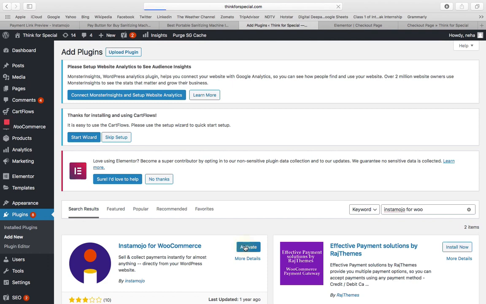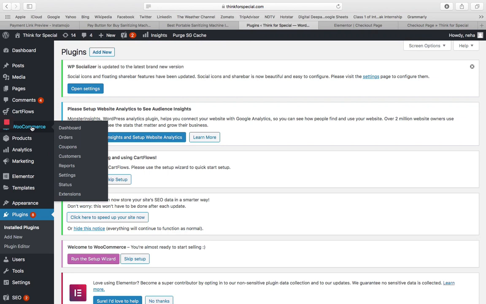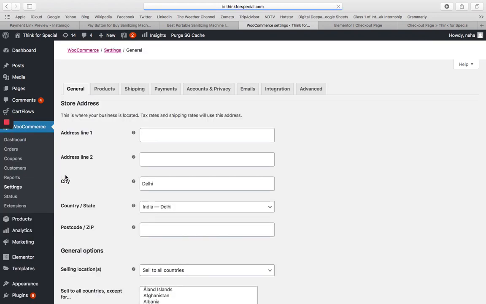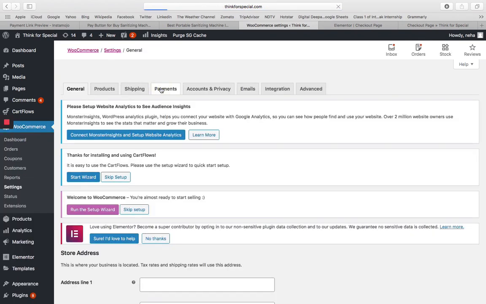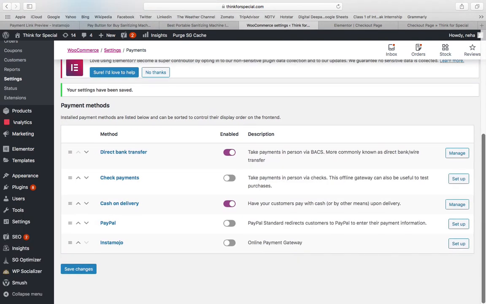So now activate it. Once it's activated, you need to go to WooCommerce and here go to settings, and in the settings go to payments. When you scroll down, you will see the InstaMojo gateway is coming here.